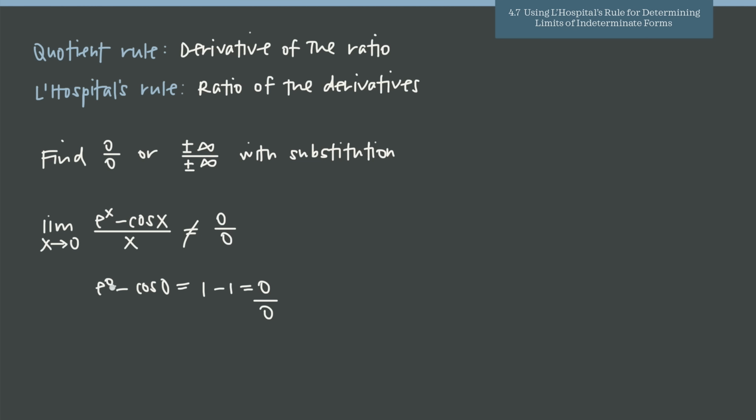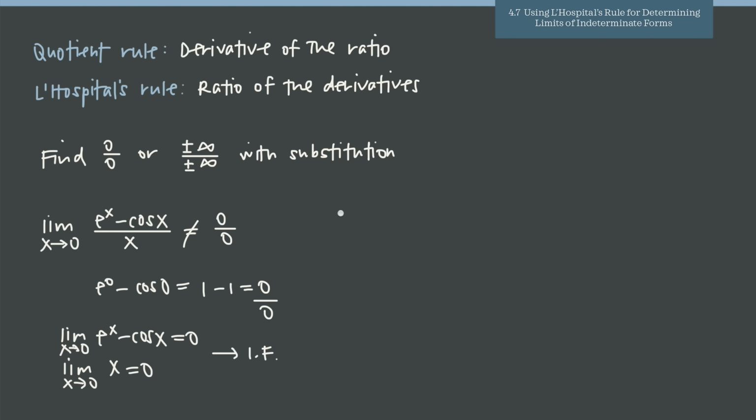What you want to do instead is, off to the side, find the value of the numerator and denominator separately, or you can write it this way: the limit as x approaches 0 of the numerator, e to the x minus cosine of x, is equal to 0, and then alongside that, the limit as x goes to 0 of the denominator, x, is equal to 0. And because we have 0 and 0 for both, we say that this leads to an indeterminate form. Once we've shown that we have an indeterminate form when we apply substitution, then we can apply L'Hopital's